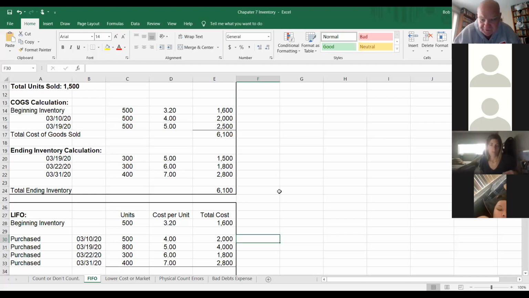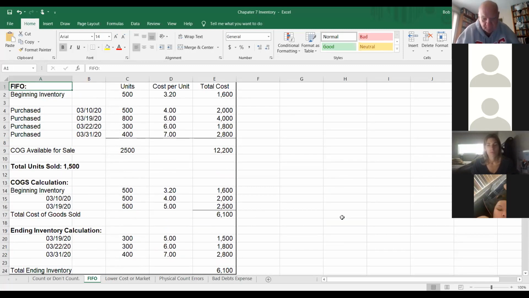I'm going to ask you to bear with me, please. I just want to see if I can bring something up. Can you see this Excel sheet? Yes, I hear yeses. Thank you. I was having trouble with this the other day, trying to get this thing up. I'm just going to go over a couple things here. I'm just going to go through FIFO a little bit.